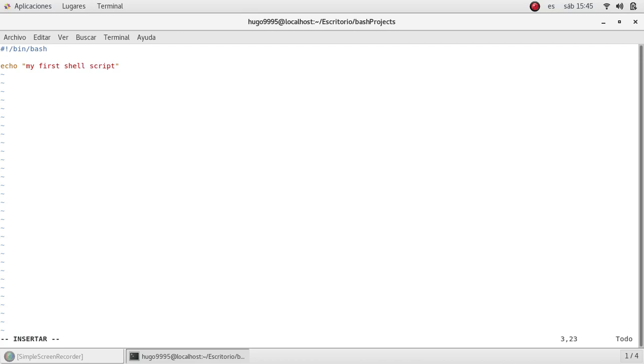Okay, this is a hello world type script because this is our first script that we are going to write and execute. So I'm only printing this string, my first shell script, and that's it. So I'm going to save it,